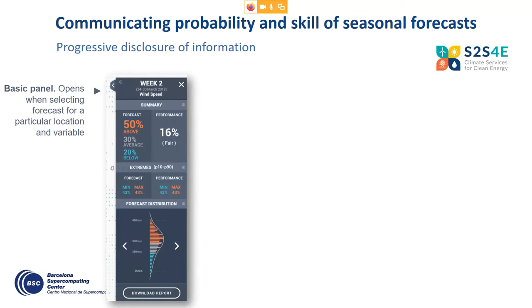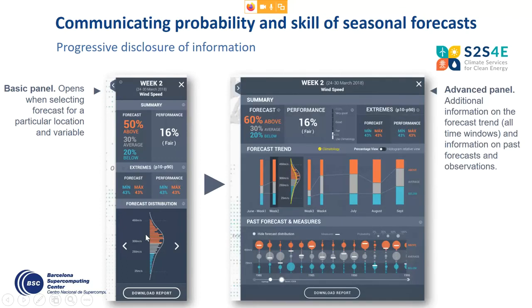What it means is that by default, the user can see a basic panel with general information. So when you click on a region on the map, this basic panel opens, and information like the probability of each tercile and the skill, which is called performance here because skill was not very intuitive for the users and they wanted to change the name. So basic information is displayed, but when a user wants to have additional information, there is also an advanced panel